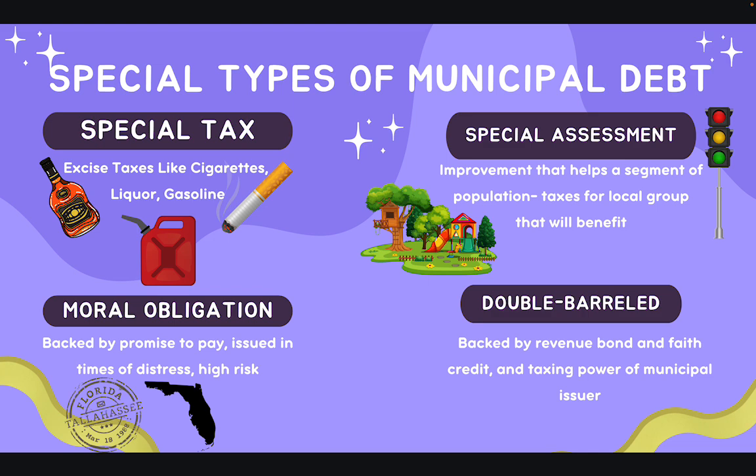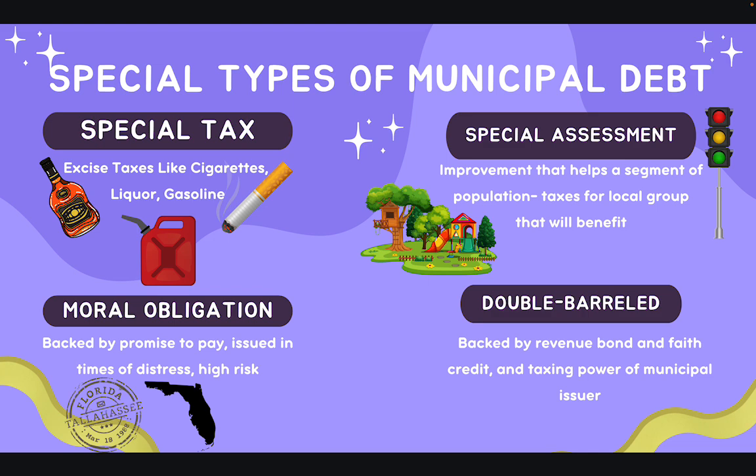There are special assessments, which are different. Special assessment is going to be a tax. So special taxes are placed on anyone that comes to that area and buys liquor or cigarettes or gets gas. Special assessment is very particular in that this is going to be a tax that is placed on a local group. So let's say we have